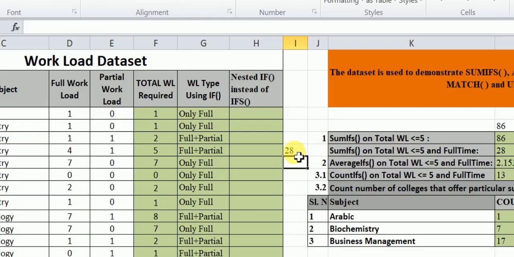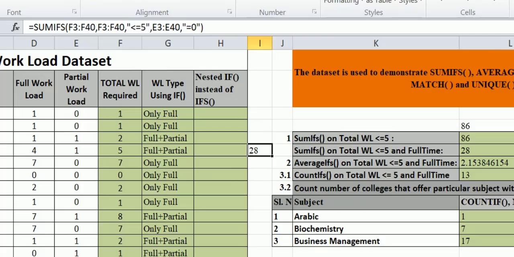Click enter. We are seeing 28 as the result. It means 28 hours are satisfying the criteria, so only 28 hours are summed up. You can also see a number 146. What is this? 146 is the total workload hours, which are summed up